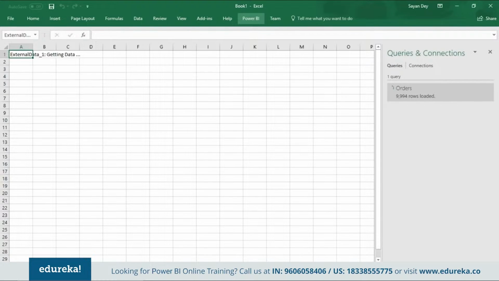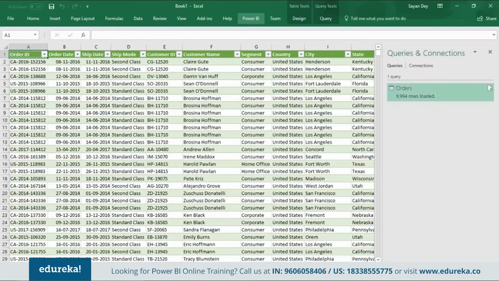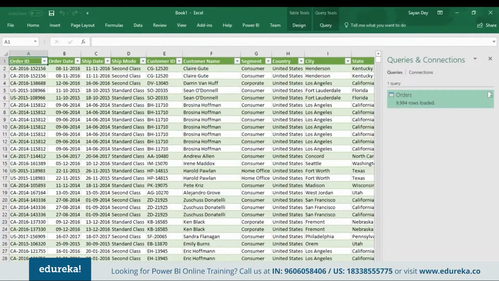Okay, so whenever you're asked any kind of questions on the entire architecture of Power BI or the components of Power BI, it is very, very important that you link it to Excel and give them a very concise and holistic answer of what you can do in Power BI Desktop and what you can do in Excel and how similar they are overall. Okay, so that's about Power Query, Power View, Power Pivot, and Power Map.